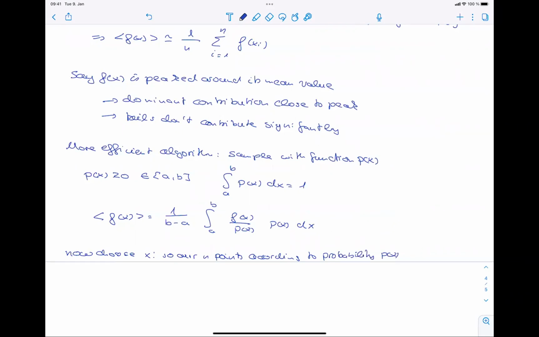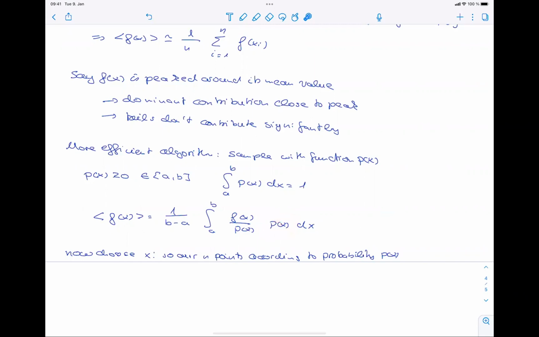So say I know my function is peaked around 5, then I want to create a function p that has a lot of points around 5. And so I'm drawing a lot of x that are close to 5